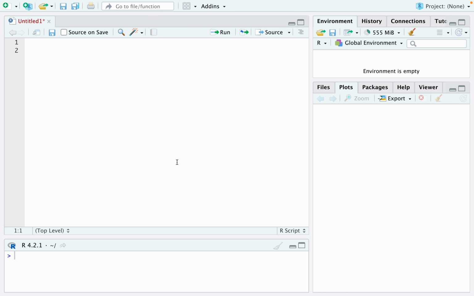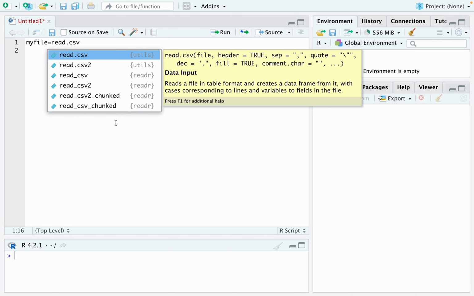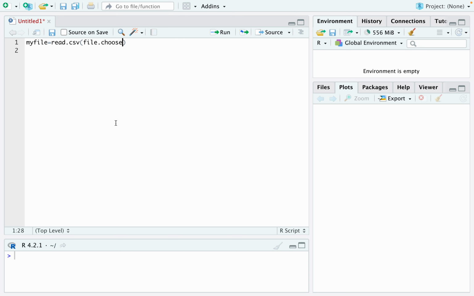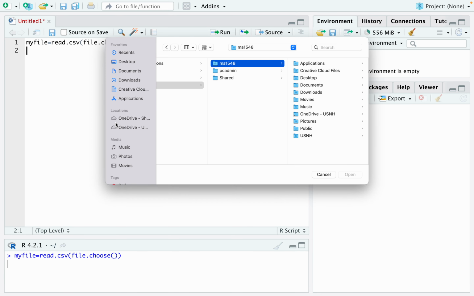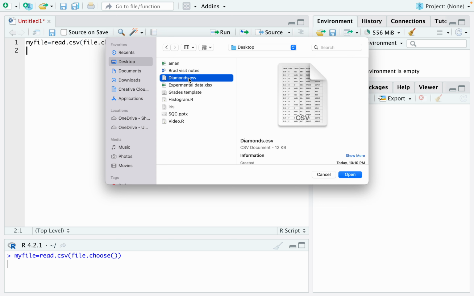How to make histograms, and I will use a data set that's called diamonds. So I make an object, let's say my file is equal to read.csv. I'm using CSV because my data is in a CSV file, and then file.choose with these parentheses, and then Control Enter, and it opens a new window, and in that window the name of that data is